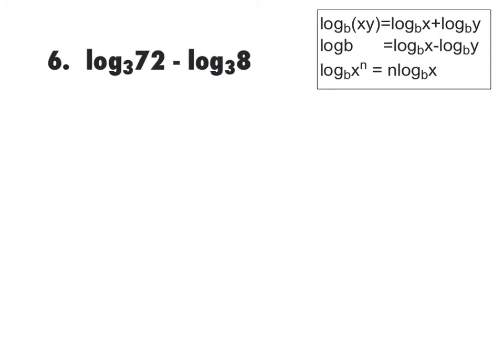All right, number 6, log base 3 of 72 minus log base 3 of 8. Now notice, this piece you know off the top of your head. Log base 3 of 8 just is what power of 3 is 8? You know that answer is a 2. But I don't know 3 to what power gets me 72. So I would be stuck there, and if that's not a multiple choice, which it probably won't be, I'd have